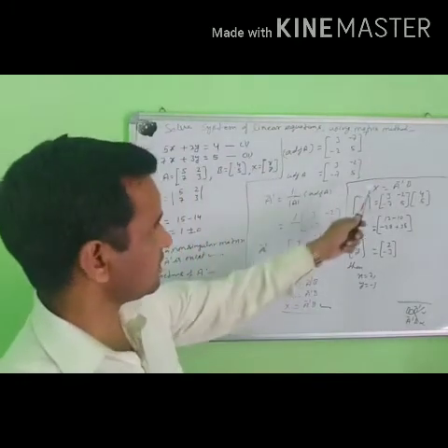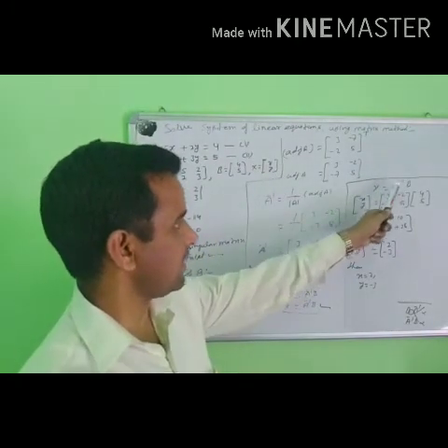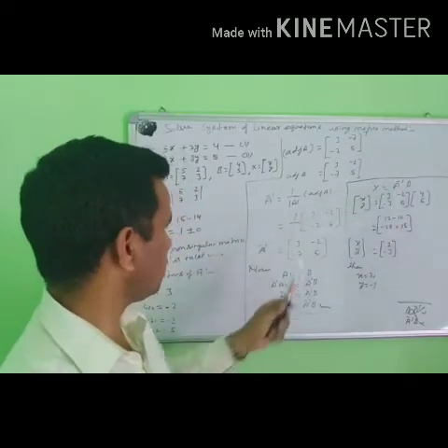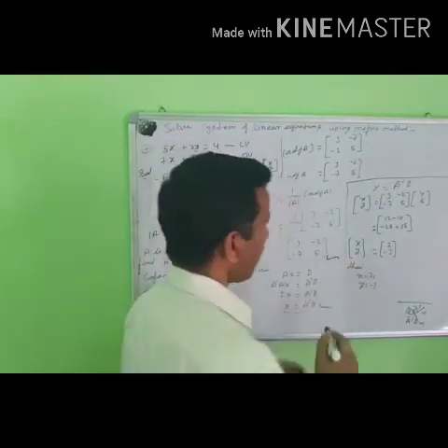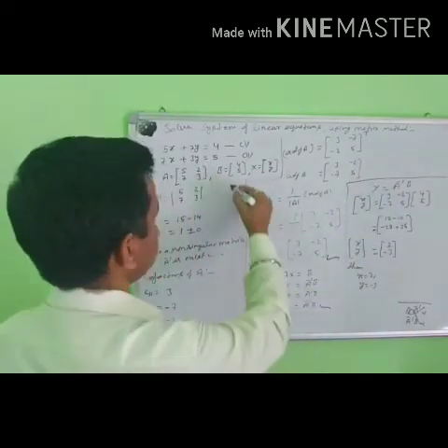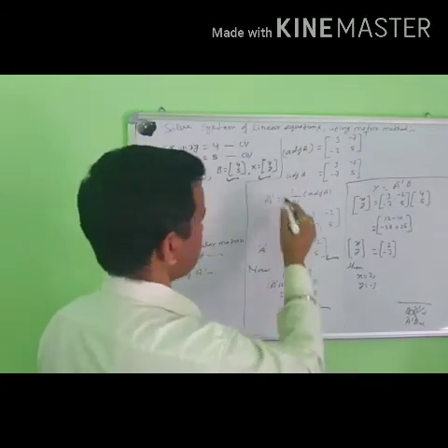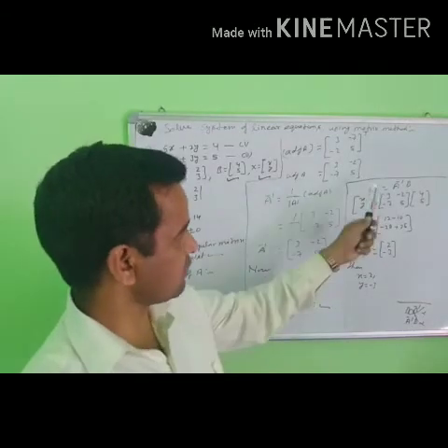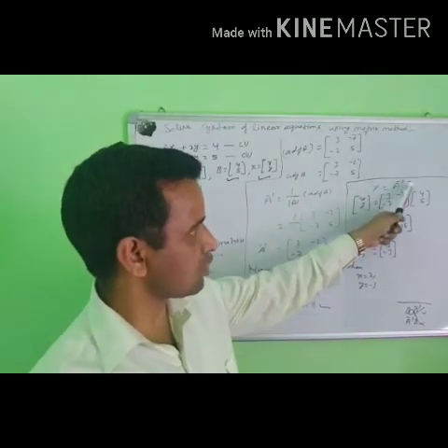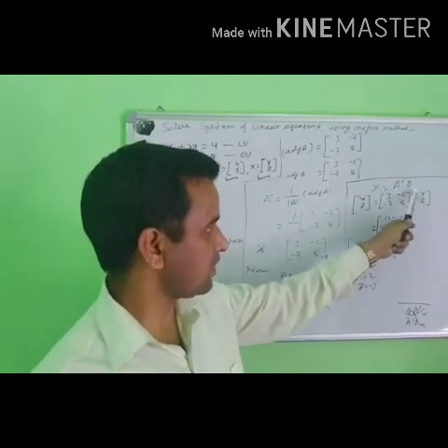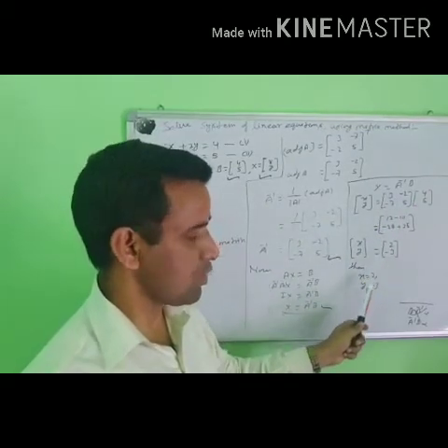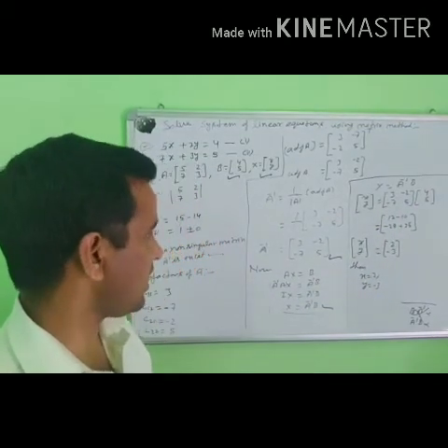And putting the values, this is the X matrix here, and the A inverse matrix here. You have already found the A inverse matrix, and the B matrix is already here. Three things are required: the X matrix, the A inverse matrix, and B. Multiply both and calculate, find the values of x, y, and this is your answer.